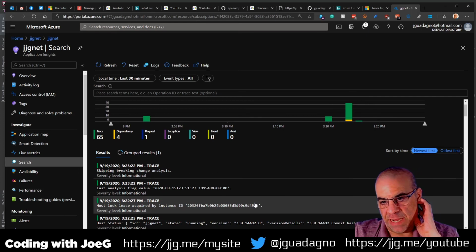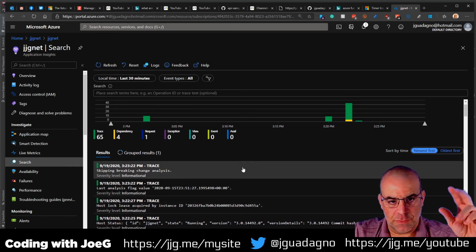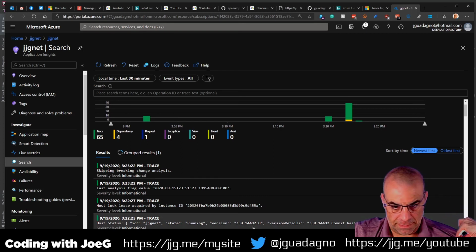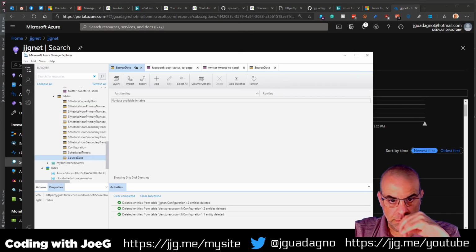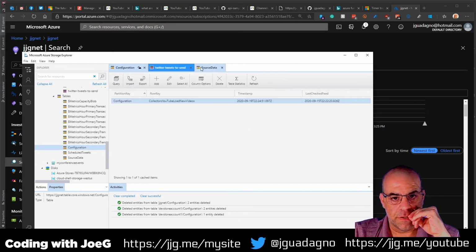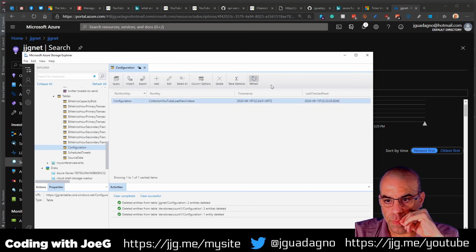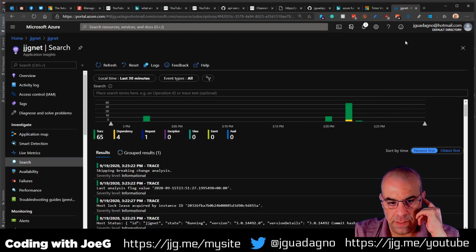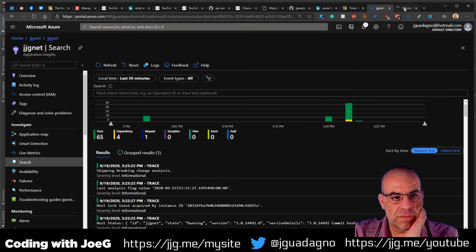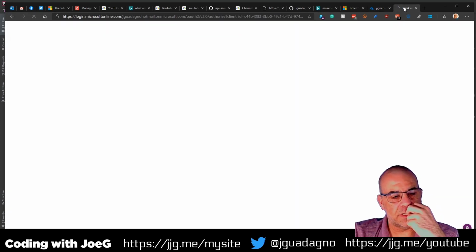One of the downsides of App Insights is it's not real time, so I can't really keep looking at it. Things get queued off to it. Let's go and check this. Make sure there's no source data. Make sure the configuration is still accurate. 15. I should be able to check this, see when it runs.